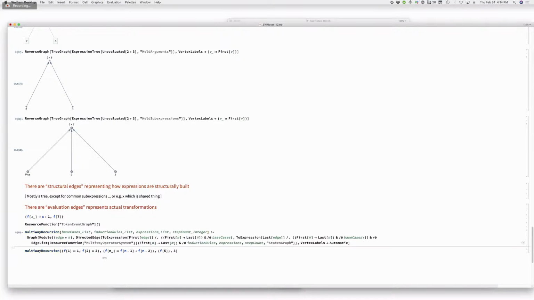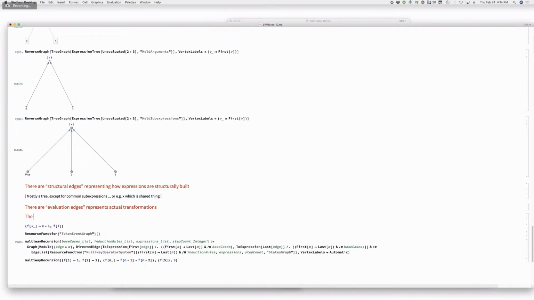And that reflects the evaluator. When all it's doing is echoing, the evaluator is just visiting parts of the expression. It doesn't happen to do anything with those parts of the expression. It just returns them unevaluated. But if it were to do something, there would be two actions that it takes. The operation of the evaluator comes first from its push to recurse, and second from its push to replace. And of course, when it's hold all, then it's first by its push to replace and then by its push to recurse.